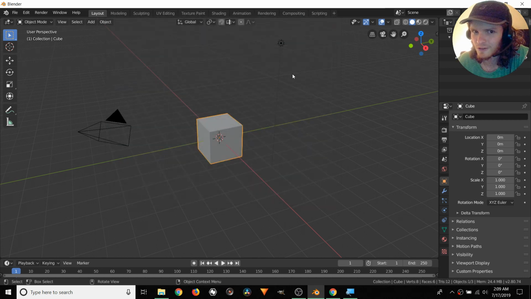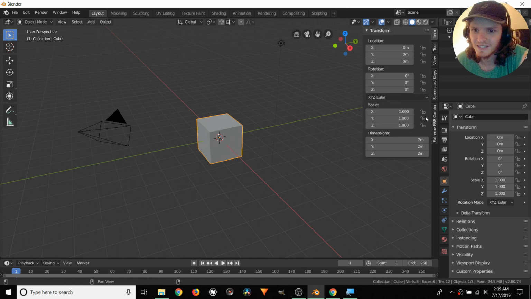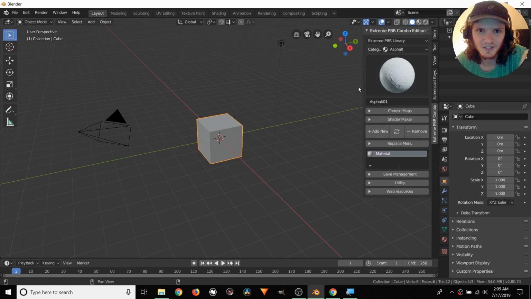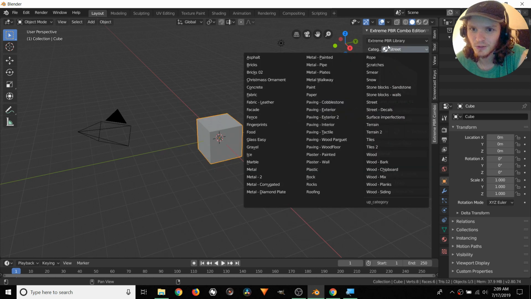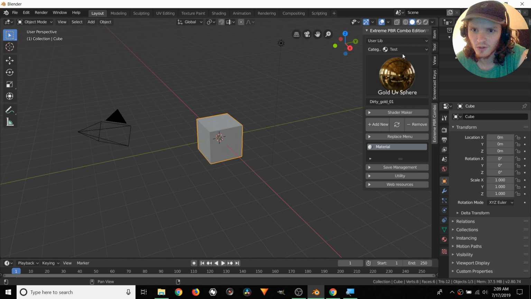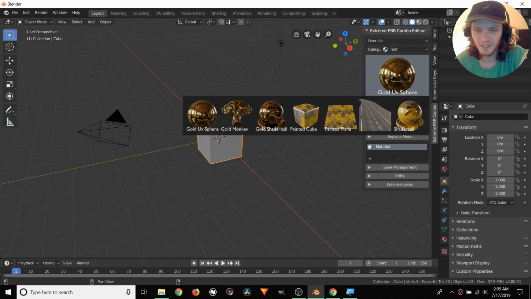And you could take my word for it, or I could show you. So if you hit N for the properties, you can see Extreme PBR Combo, and this is where the menu is. Again, we're not going to talk about how this works yet. That is the next section, but this is just to show that everything's loaded in. All the materials are loaded in, including our user library, which comes with a couple things by default,